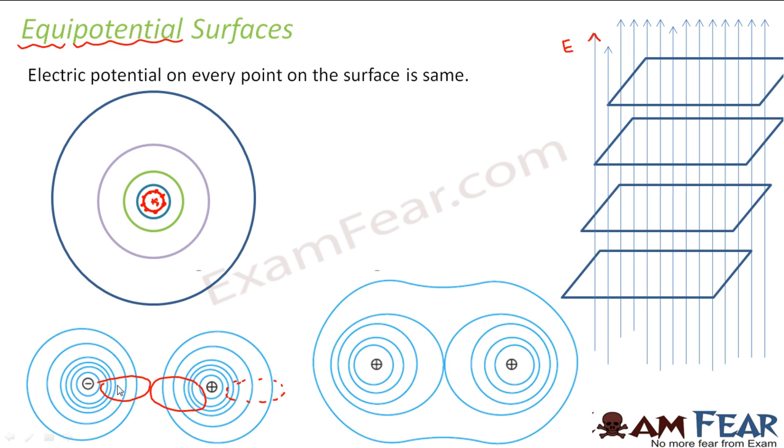On the other hand, if you have two like charges, here you have positive, positive. In this case, what happens? They don't want to come near each other. That is why the density here decreases. They try to be as far as possible from each other, whereas on the other side, it is denser. Getting me? So whenever opposite charges are there, the equipotential surfaces try to become denser, closer to each other. But when like charges are there, they try to move away from each other.